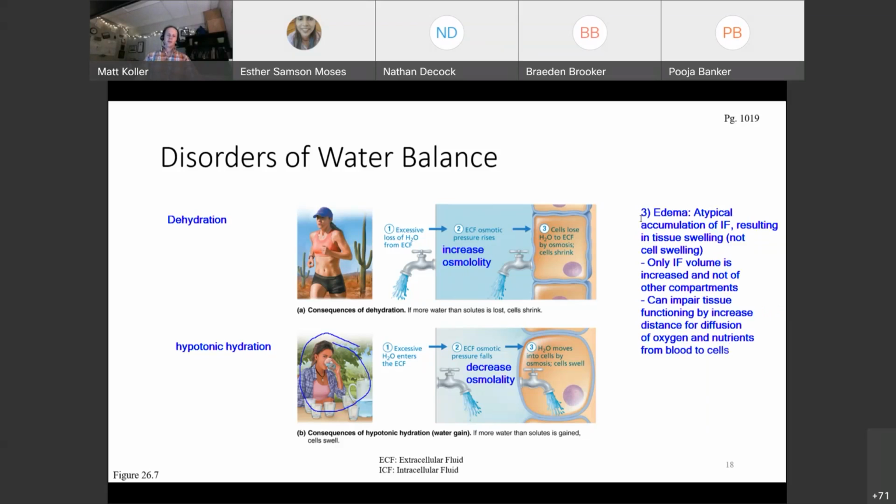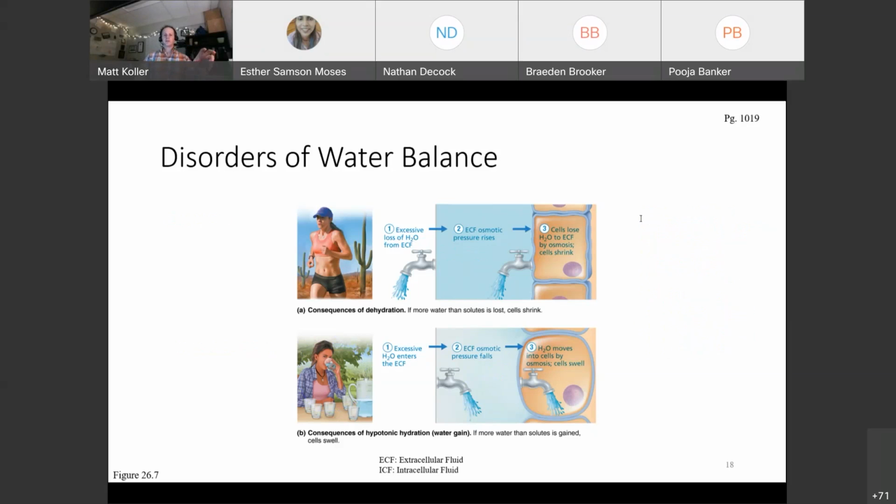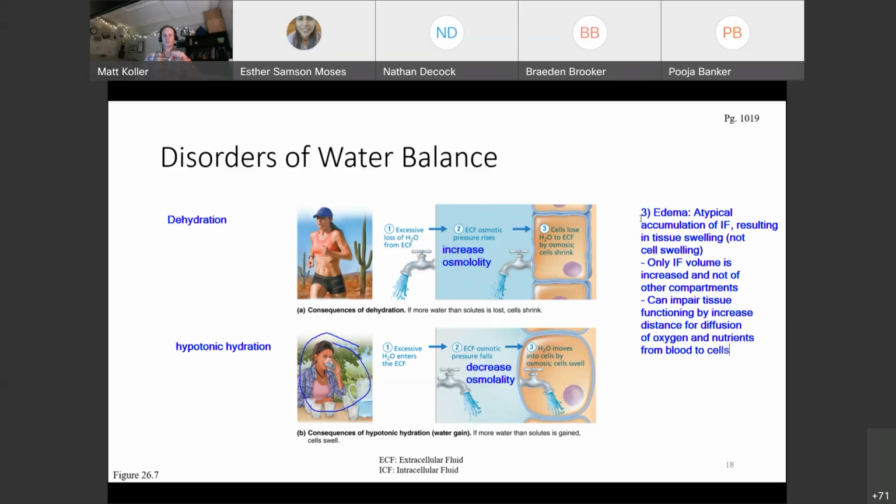And it could be caused by an increased fluid flow out of the blood or a decreased return of fluid to the blood. Most often you'll see edema in heart patients, and we'll get into that next week. But a quick summary of why you may get edema in heart patients is, for some reason, the heart may start to fail. It's not ejecting as much blood. It's not pumping as much blood to the body as it should.